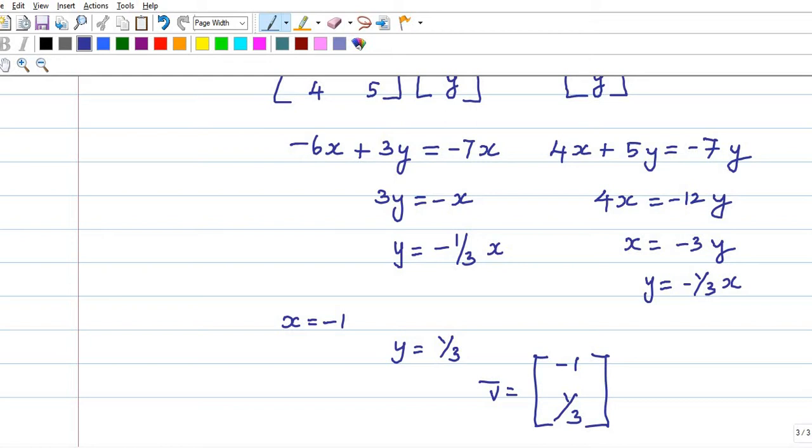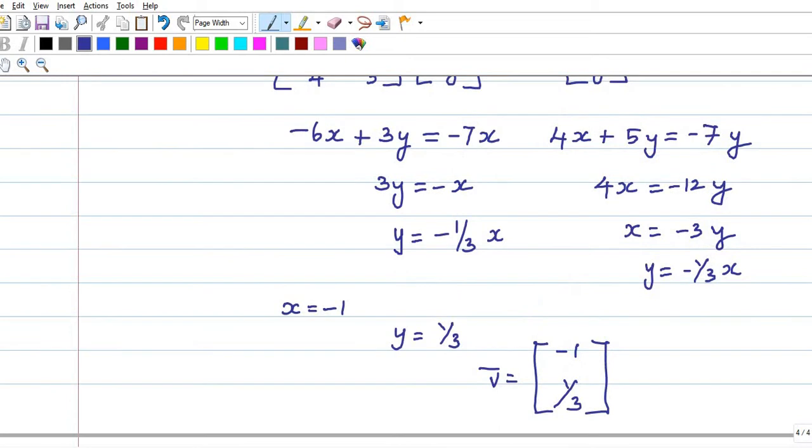Actually, whatever result Python displays is the normalized eigenvector. So let me process this further.